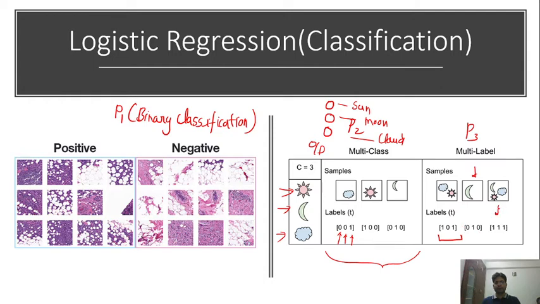This has all three classes, so it is 111. This is known as multi-label classification, where we have multiple labels. In this video we will focus on how to handle the multi-class classification problem. Then in an upcoming video we'll talk about multi-label as well.